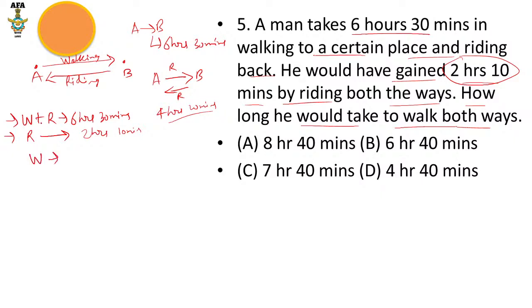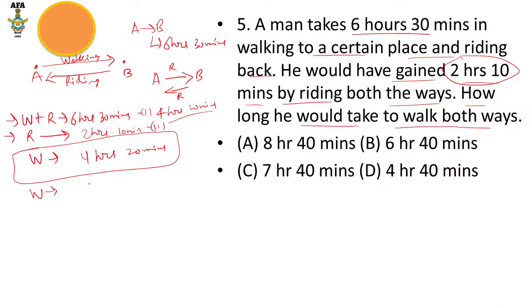So walking will be equal to first equation minus second equation, 6 hours 30 minutes minus 2 hours 10 minutes. So what I will get? I will get 4 hours and 20 minutes. Now what I will do? I am getting the walking time for one way. This is the walking time for one way. So if I need to calculate the walking time for both the ways,